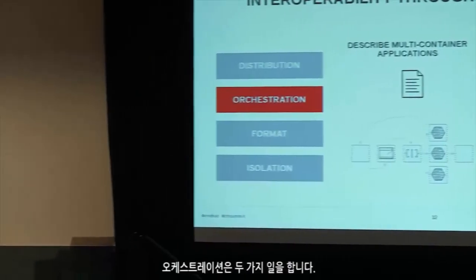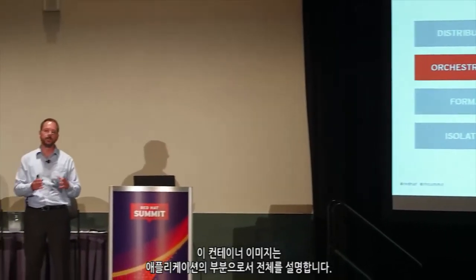So orchestration does two things. It allows you to describe an application as the sum of its pieces: this container image, this resource policy, this container image, this resource policy, that many instances at least, and maybe some proximity data, etc. Over time, we will see more things that we want to describe about these applications. So it's the manifest that a developer writes, and then the orchestration engine can consume that and translate it into running services, which is the second part.